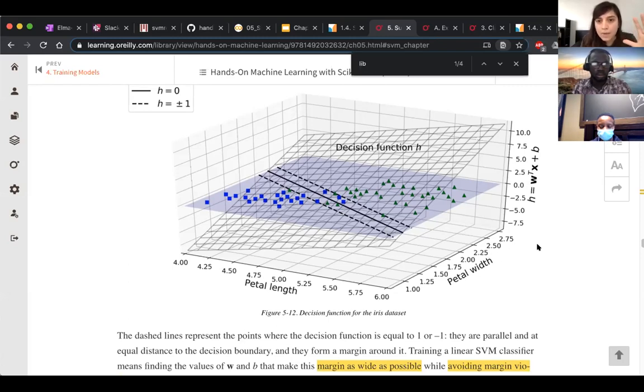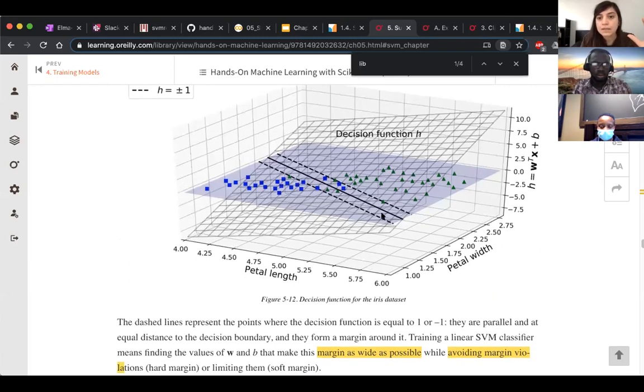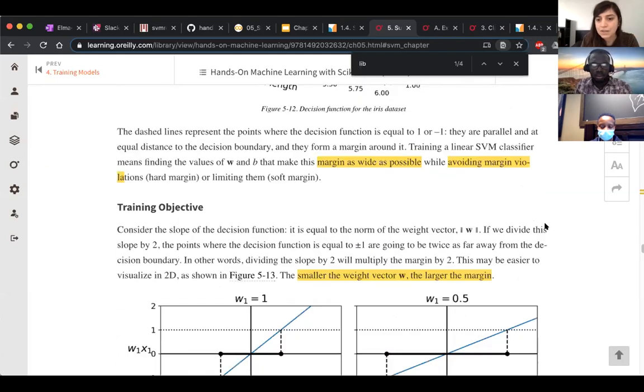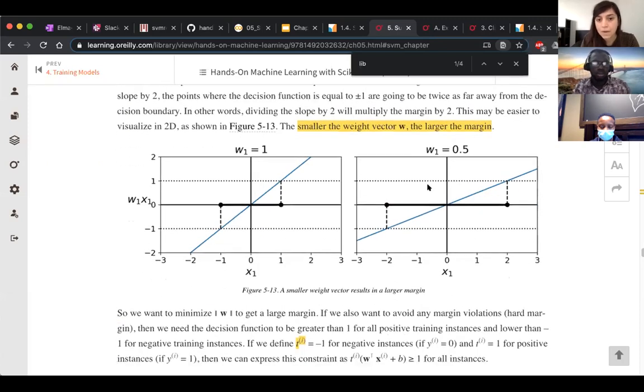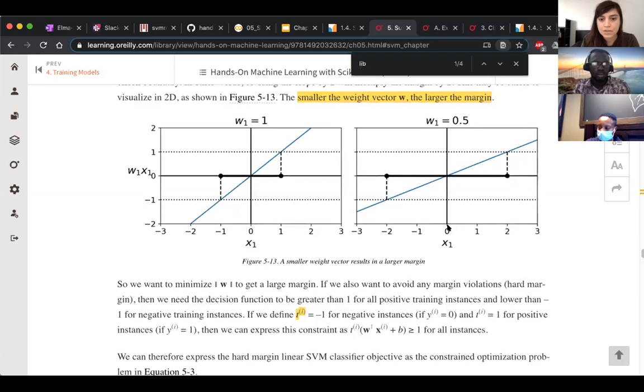So what our goal is, if we want to get the largest street, basically what we want to do is to decrease this weight. That's just based on these, it's obvious. So my goal in SVM is to decrease this number. But we also have another goal,